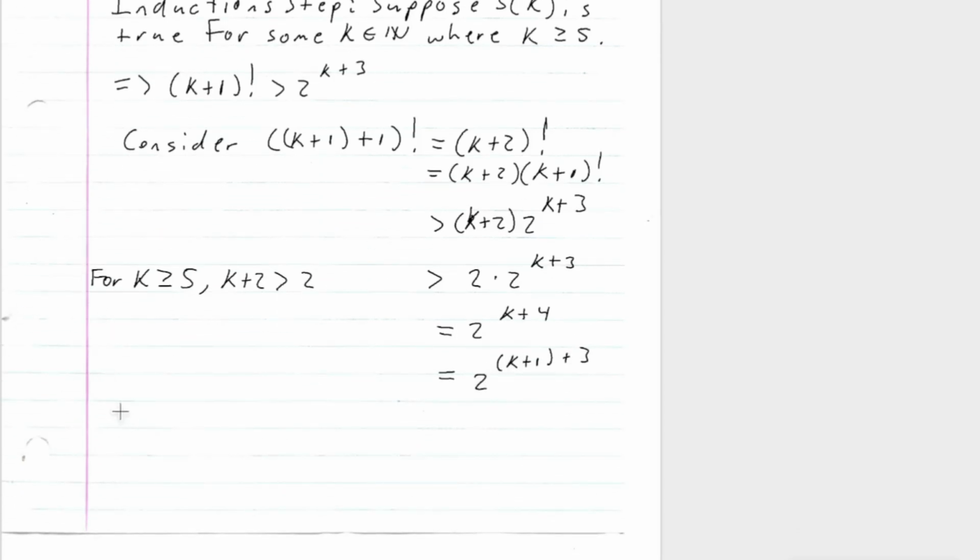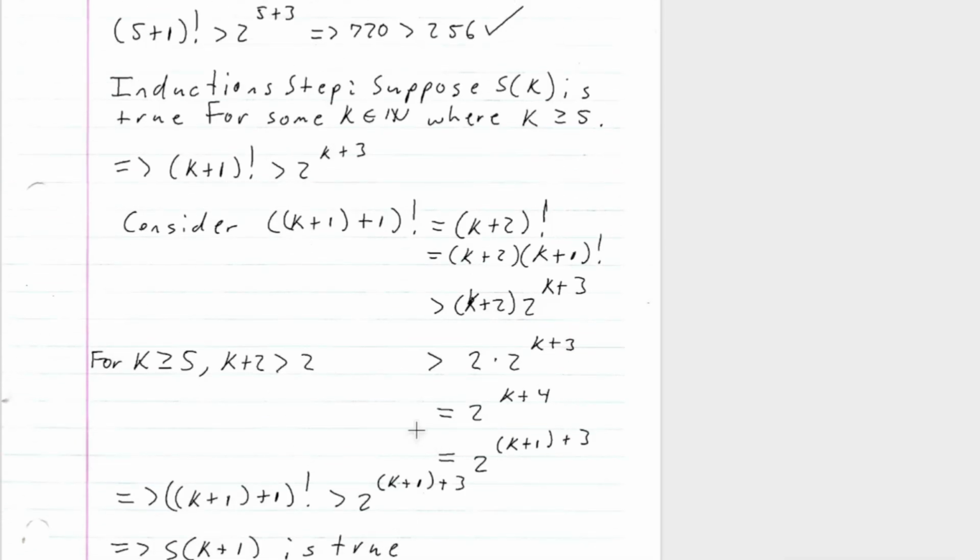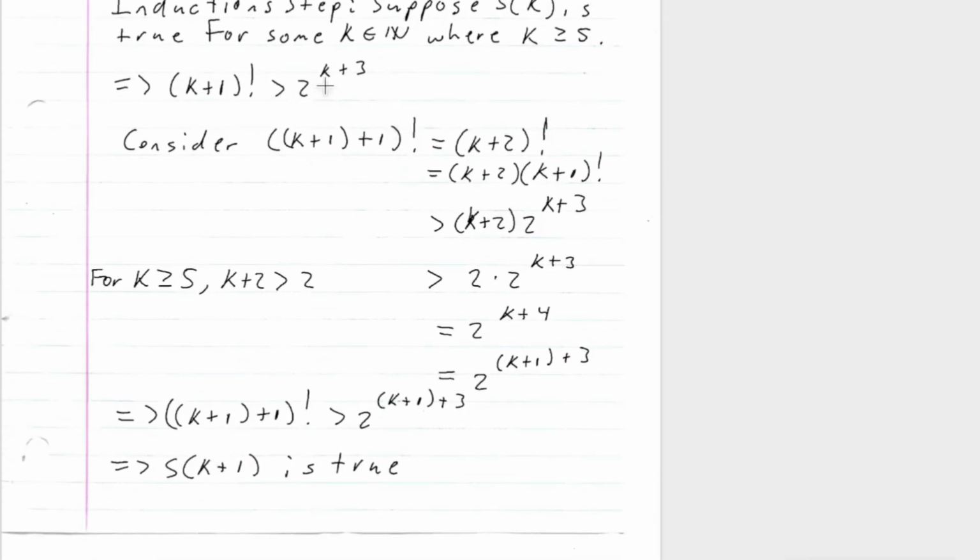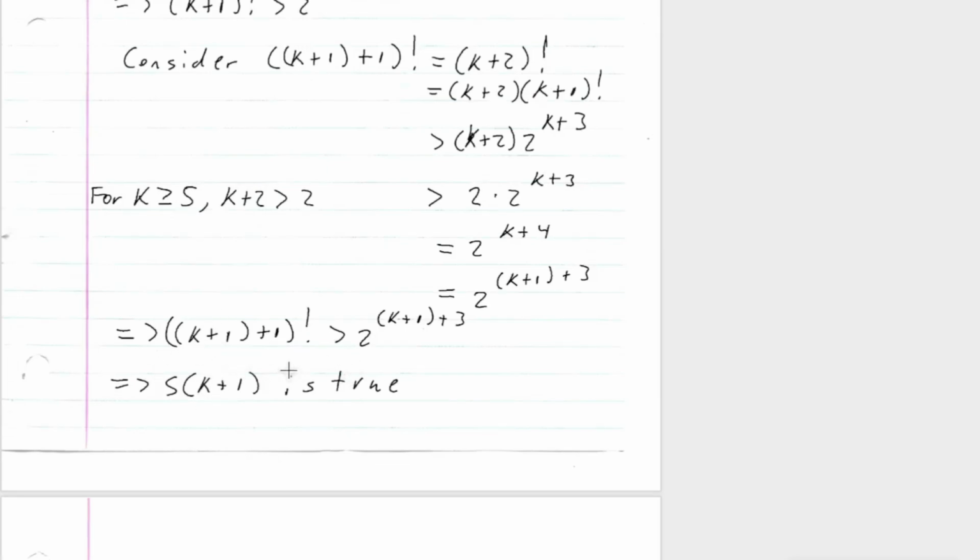So this implies, right, that k plus 1 plus 1 factorial is bigger than 2 to the k plus 1 plus 3. So this implies that S of k plus 1 is true, right? Assuming that the statement involving k was true, right? We're able to get that S of k plus 1 is true. Therefore,